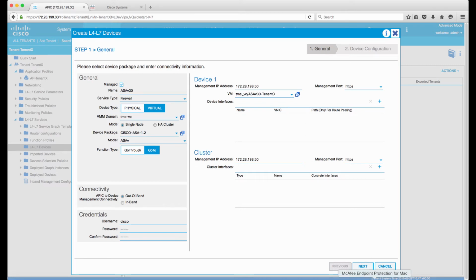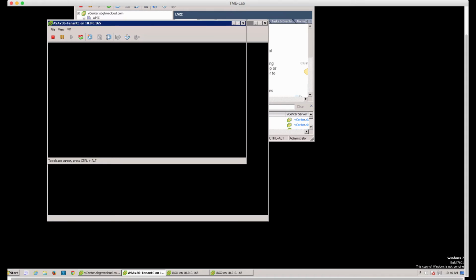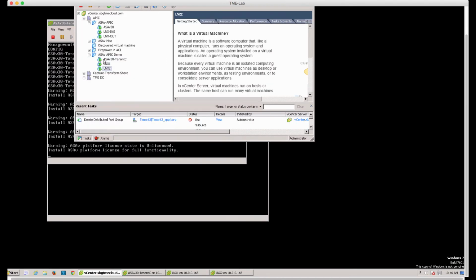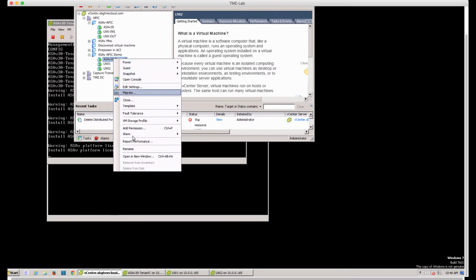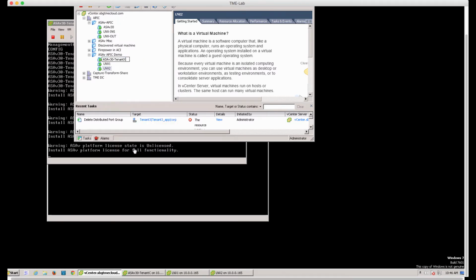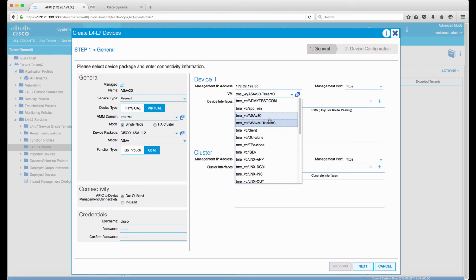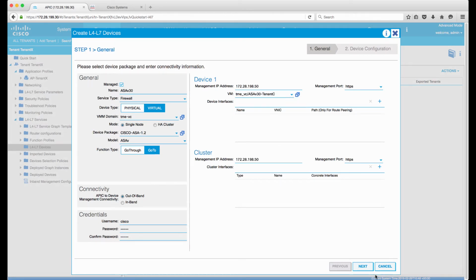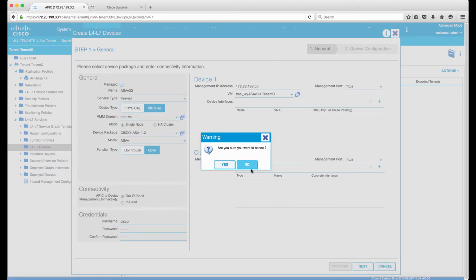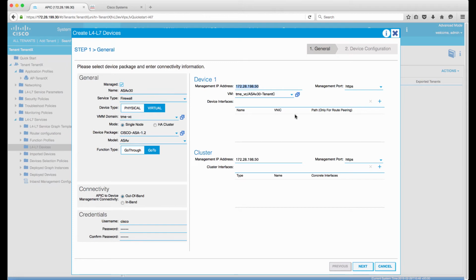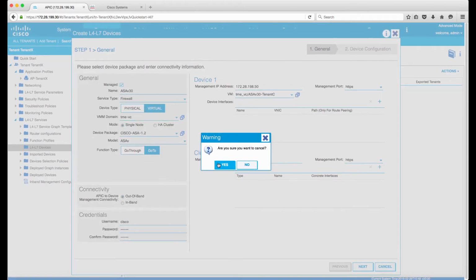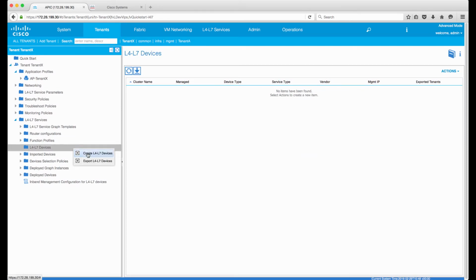Or let me go to my vCenter and rename this machine. Instead of tenancy, let me rename it to tenant X. Okay, and let me go back to the controller and cancel this, and I'll start from scratch. Let me copy this address here, click on cancel, click on create this again,